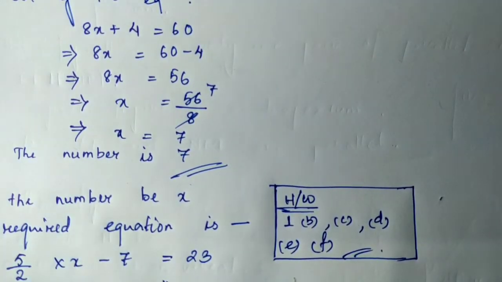Now let us move on to the next question, that is number 2. Question number 2 is given: solve the following. So here also it's a problem sum, but it's not given that write the equation and then solve. Obviously we need the equation to solve it, but we don't have to write it. So let's do number A. In A, it's given that the teacher tells the class that the highest marks obtained by a student in her class is twice the lowest marks plus 7. The highest score is given as 87. What is the lowest score?